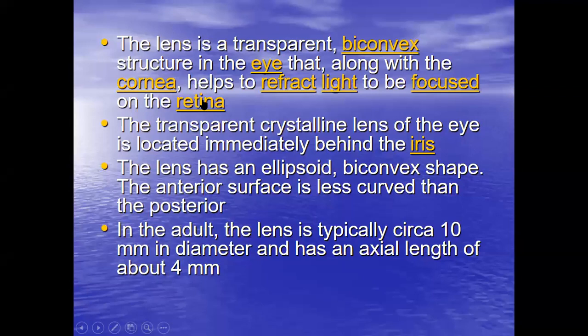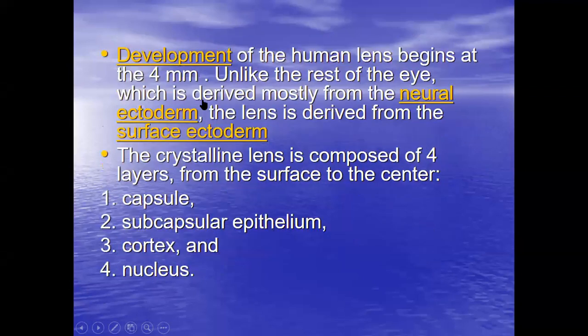Why are we discussing these basic points, the basic anatomy? Because everything in the normal anatomy of the lens is going to be used in the clinical implications, the clinical diseases of the lens, especially cataract. So you have to know about every single point of the normal lens anatomy.